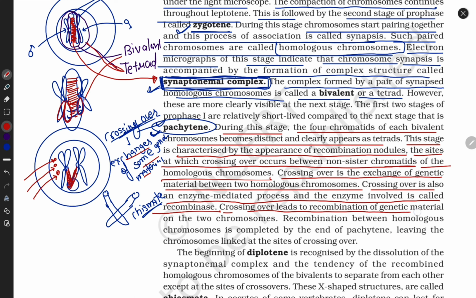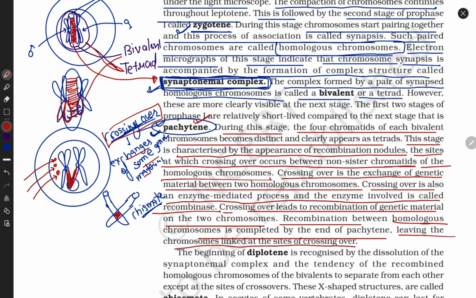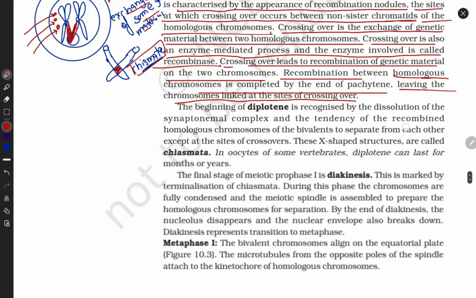Crossing over leads to recombination of genetic material on the two chromosomes. Recombination between homologous chromosomes is completed by the end of chitin, leaving the chromosomes linked at the site of crossing over. Now you are clear about what happens in this stage of crossing over. They can attach and cross themselves. This is the node. We call it a chiasmata. Now the next step is